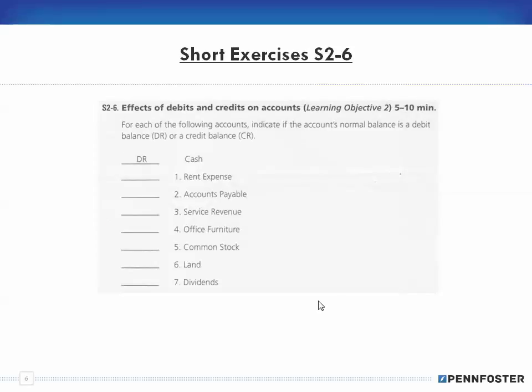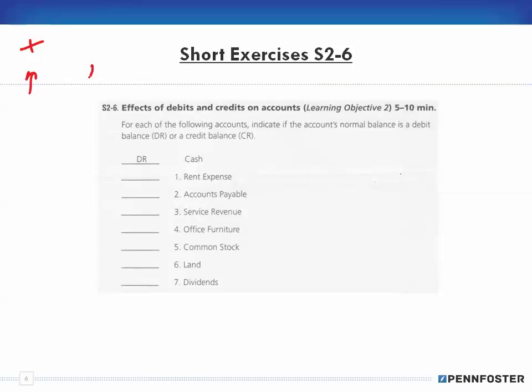All right, so okay, I'm on 6, and I'm at 11 minutes, so I'll work through this one, and then we'll jump into another video. Right. For each of the following accounts, indicate if the account's normal balance is a debit balance or a credit balance. Okay, remember, the normal balance, which I represent with the symbol of plus sign, means what increases that category